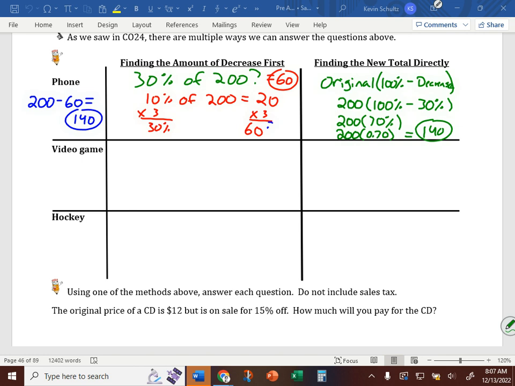Video game. What was a video game situation? I don't want to scroll up to the page so I'll lose all my writing placement. What do we got? The original price of the game is $80. This week's on sale for 75% off. What a deal. Okay? So we are finding 75% of 80, right? We're finding the amount of the decrease first. Who wants to walk us through how we can calculate 75% of